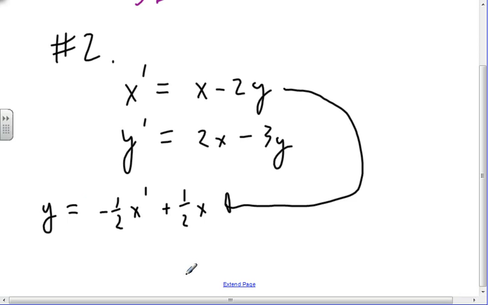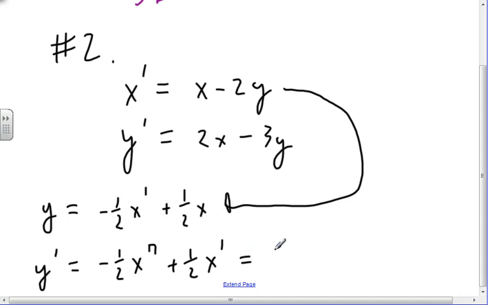And then I'm going to ask myself, did I do that right? Yes, I did. Okay, and then I'm going to say y prime is minus 1/2 x double prime plus 1/2 x prime,